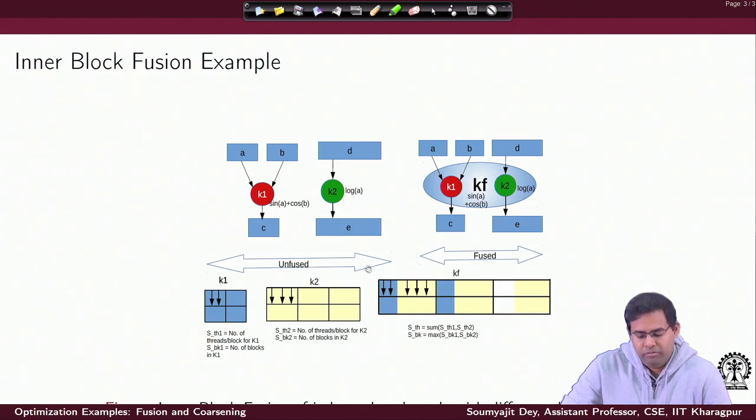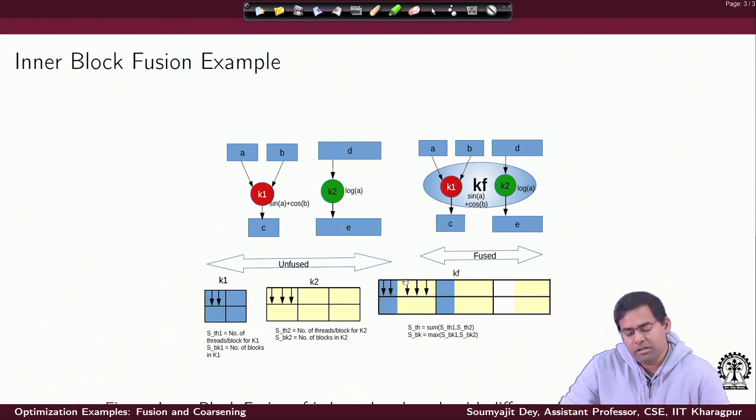But now it's different because we have a varying number of blocks, right. So I should not only check whether a given thread's local thread ID is inside the data space for kernel 1, or beyond the data space for kernel 1 but inside the data space for kernel 2. Only doing that check is not going to be valid. I additionally need to check whether the block of the thread is a valid block ID for K1 or a valid block ID for K2.